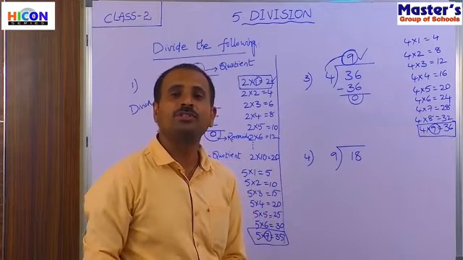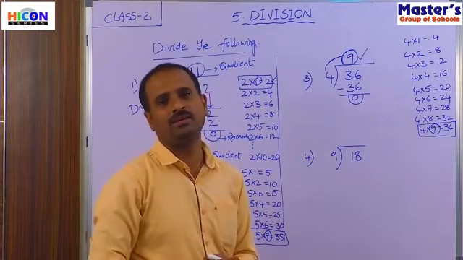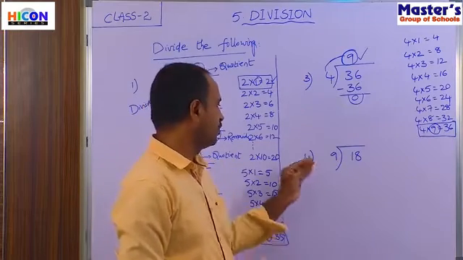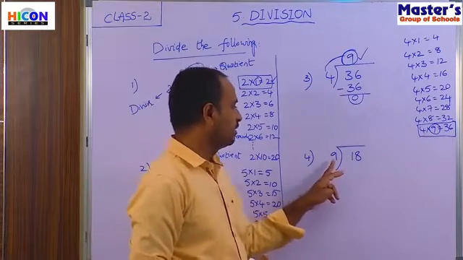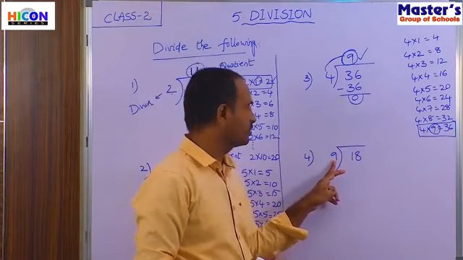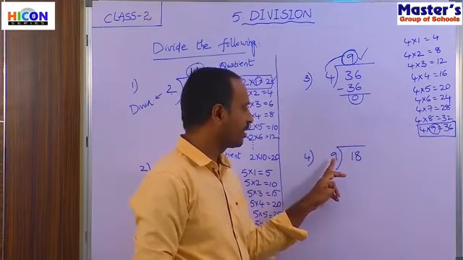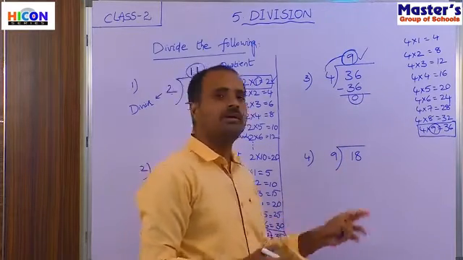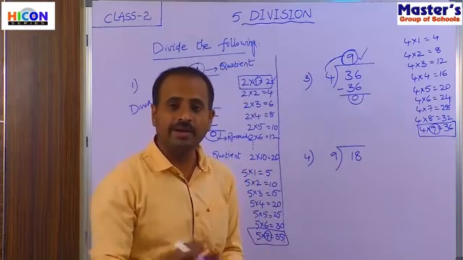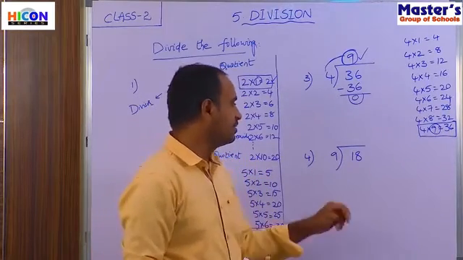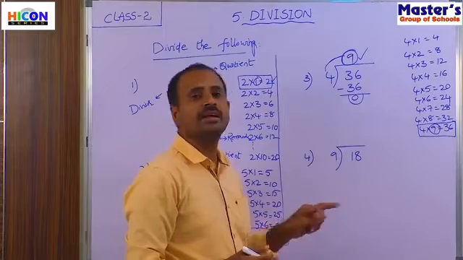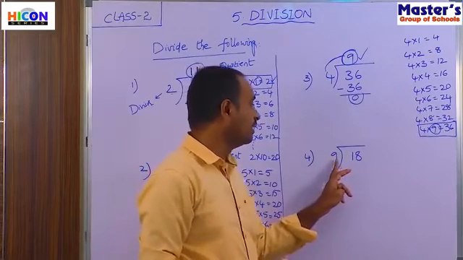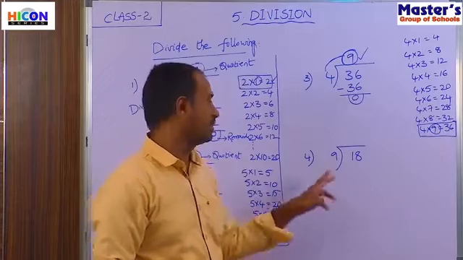Children, remember, first you should learn the tables thoroughly. Then only you can do the divisions very easily. Let us see the fourth division. Here they have given the divisor 9. So 9 is called the divisor. 18 is called the dividend. Now let us find when the number 18 comes in the ninth table. How many times in the ninth table will we get 18?